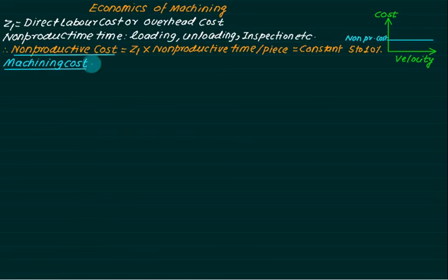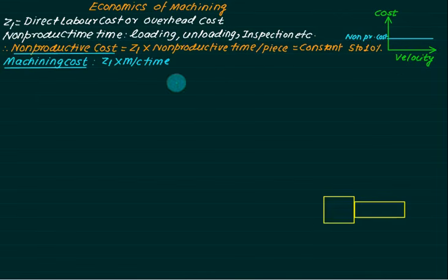As we all know, if we are able to calculate the machining time, which is basically equal to the length of job divided by feed divided by rotational speed n, then the machining cost is given by Z1 multiplied by machining time. So if we consider one job, that is a turning job, initial diameter equal to d, length of job is L, and the job is rotating at a speed equal to n. So velocity is given by pi d n divided by 1000, where diameter is in mm and 1000 is just a conversion from mm to meters. So velocity will be in meters per minute.